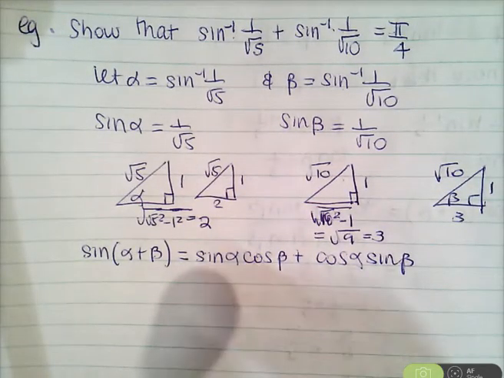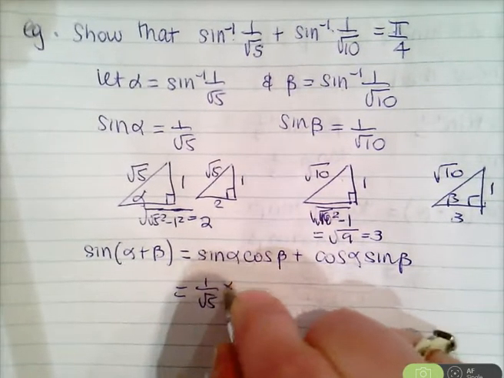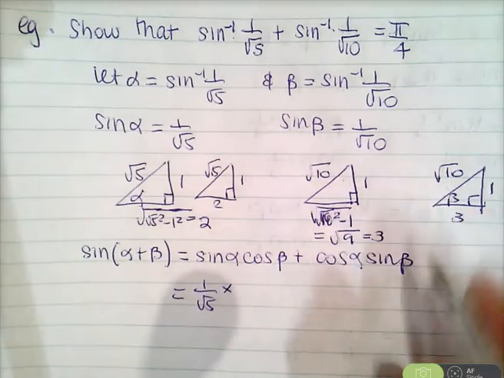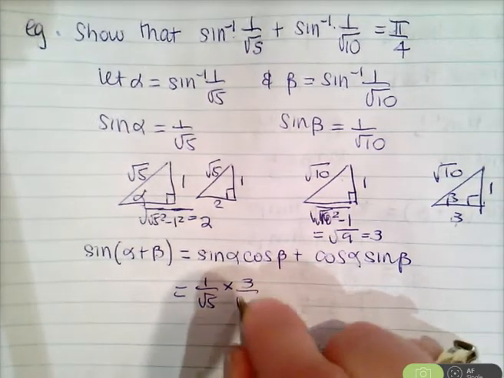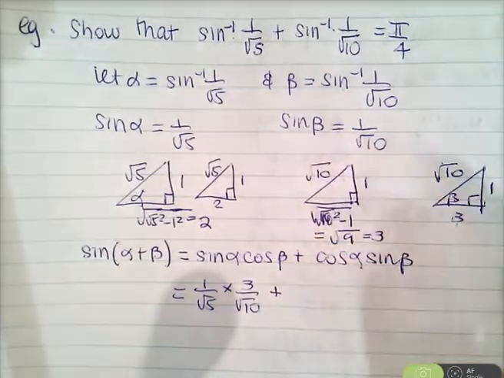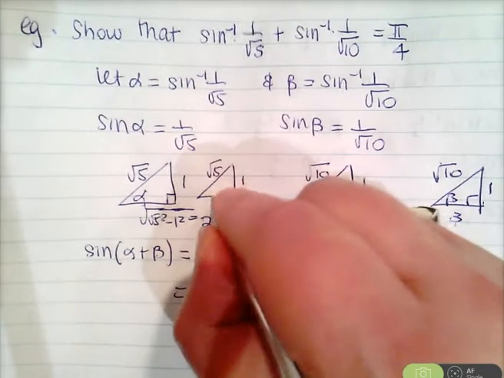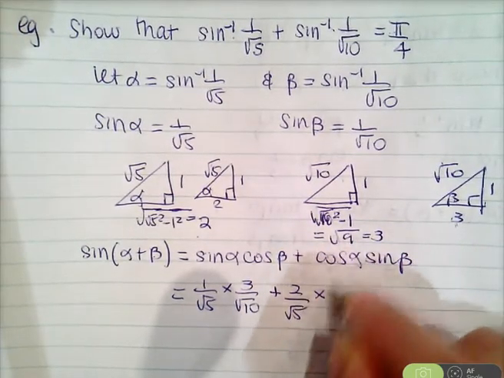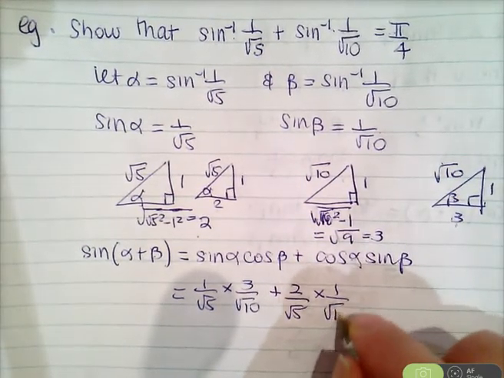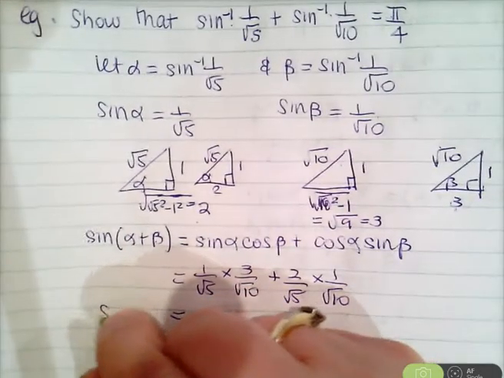So therefore, sine of alpha, I know, is 1 on root 5. Cos of beta is 3 on root 10. Plus cos of alpha, here's alpha, 2 on root 5. Sine of beta, I know from here, is 1 on root 10. So therefore, the sine of alpha plus beta